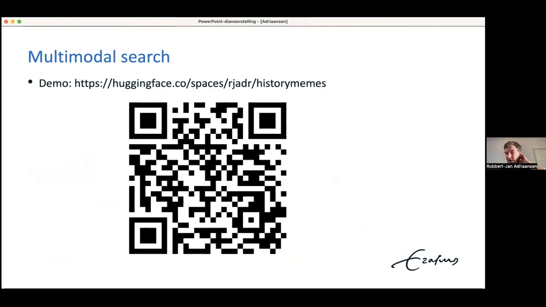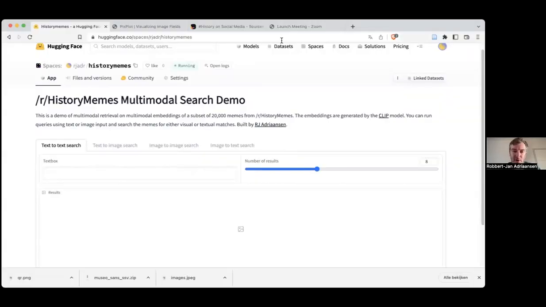So you can go to this URL, and I'll share my browser for a second to show you how it works. So this is the interface that you come across. And you can do a text-to-text search. This means that whatever input text we put in there, it converts the input text to a vector, and it looks at the closest other vectors in the data set. So if we try to search for, let's say,